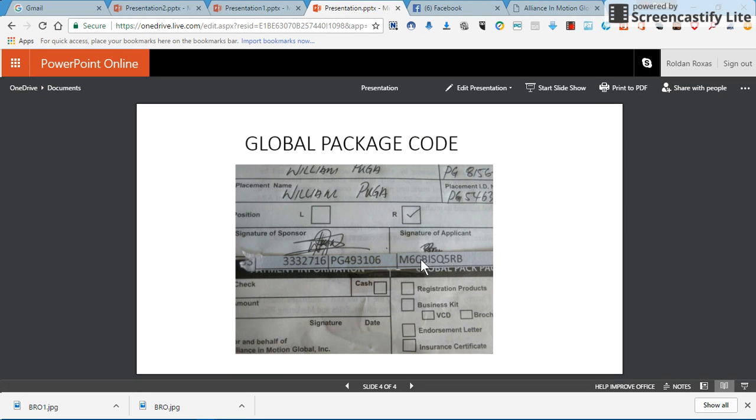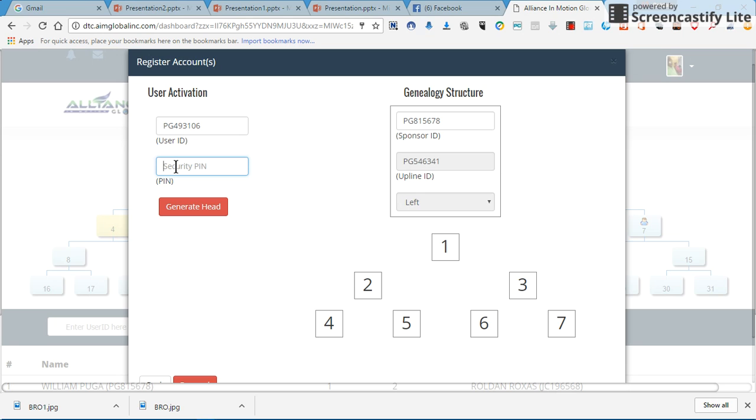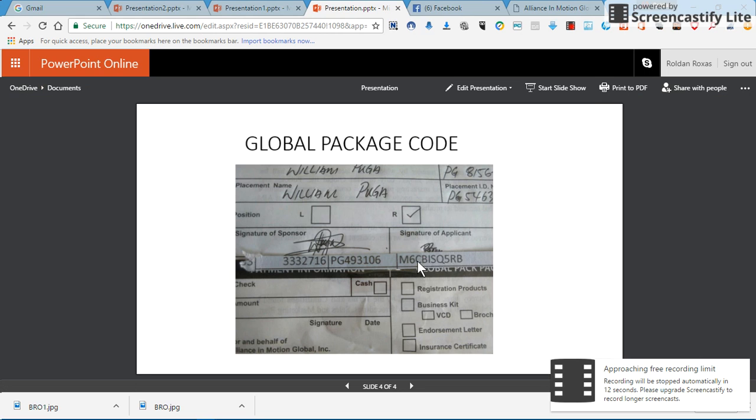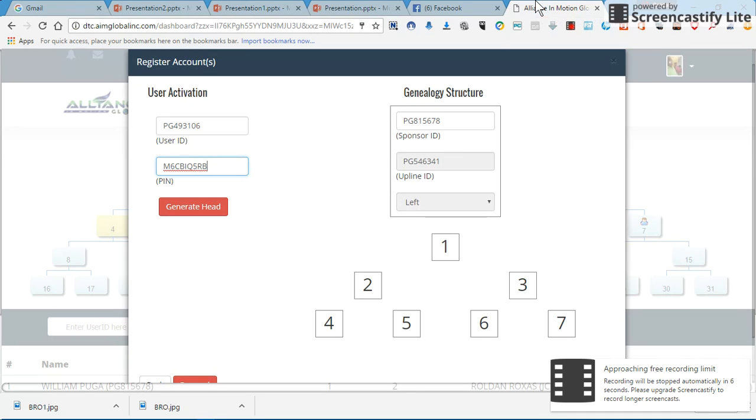Then the security pin is this one: M6CBIQ5RB. Okay. M6CBI, then Q5RB. Is it Q? Oh, it is Q.